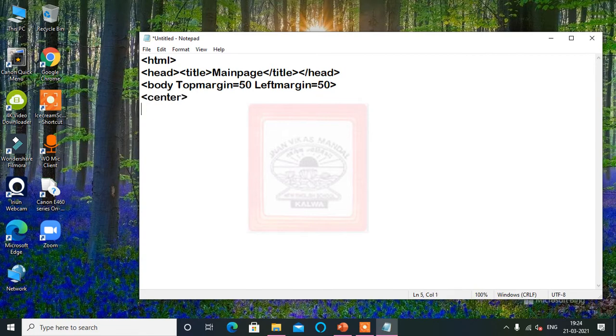Use the center tag and font tag, size equal to 5. Also in the body tag we'll use the bgcolor attribute. Let's use it as pink color. And these we have to use one by one. We'll see first a href,